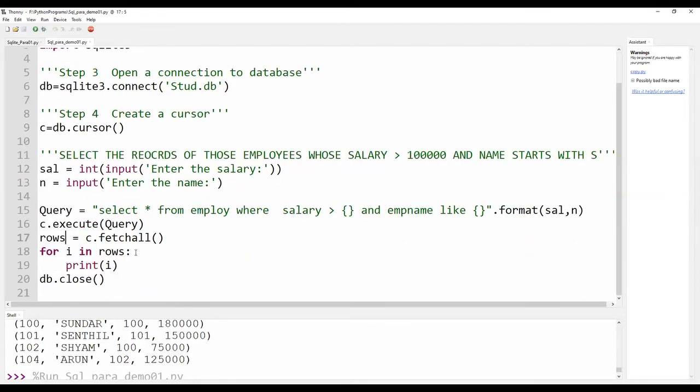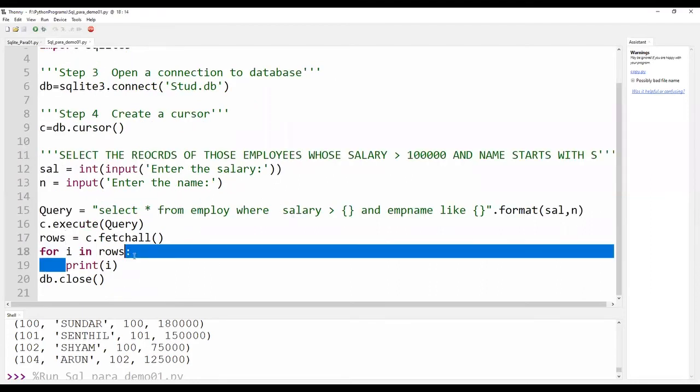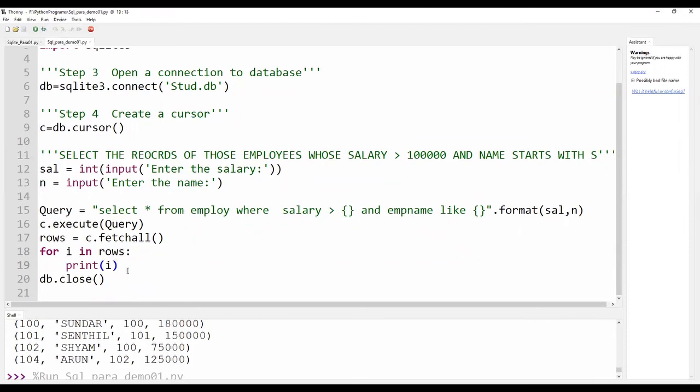I am using a for loop to print row by row. Once this is done, I close the connection, that is, cleaning up the environment.